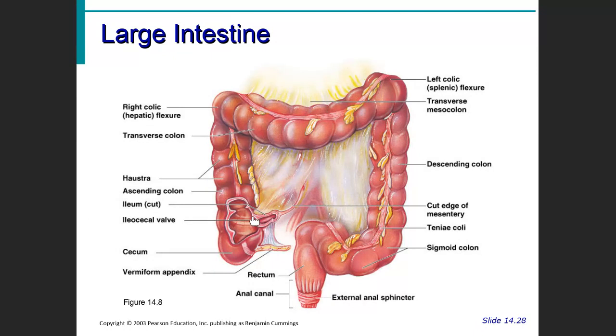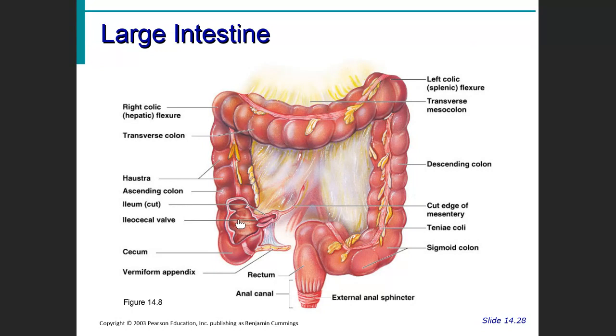So what's coming in here? Now, what's coming in here is all the material that you could not digest, but it's still very watery. Even though the small intestine put back most of the water that was in all those juices that help you digest your food back into the bloodstream, there's still a lot left. So this is basically a watery sort of river coming in here. It's sort of a thick river. And brownish in color because of the bile that's in it, which contains the products of dead red blood cells.